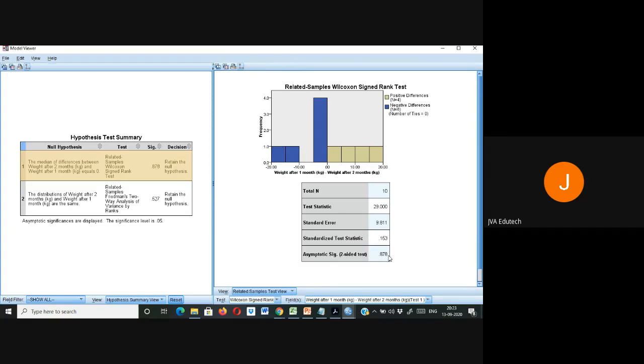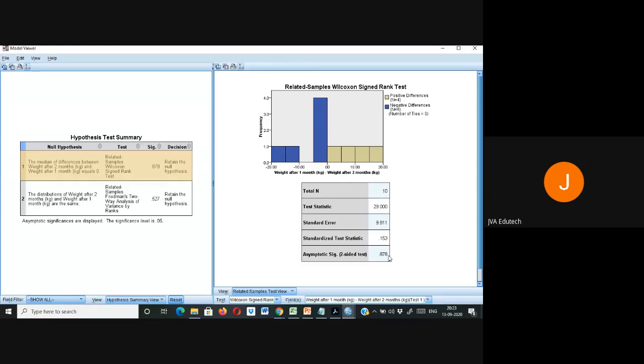Then after 1 month, it comes out to be 0.06, which is again very weak, and after 2 months again it comes out to be 0.03, which is again very weak. So to summate the entire result, we can say that the chi-square with degree of freedom 2 comes out to be 0.20, which is not significant at the 0.91 level. So we retain the null hypothesis and can say that